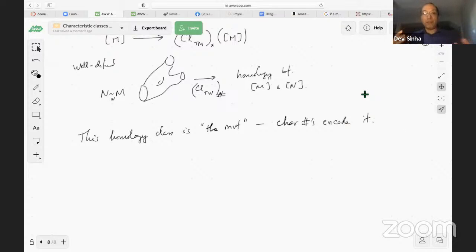So given a manifold, I can make a homology class in the Grassmannian because a manifold has this God-given tangent bundle. That tangent bundle gives you a map to a Grassmannian. The manifold also has a God-given homology class associated to it, the sum of all the top dimensional simplices. And I can look at the image of that in the Grassmannian. So all this data fits together. And characteristic numbers encode it because, well, if I wanted to,